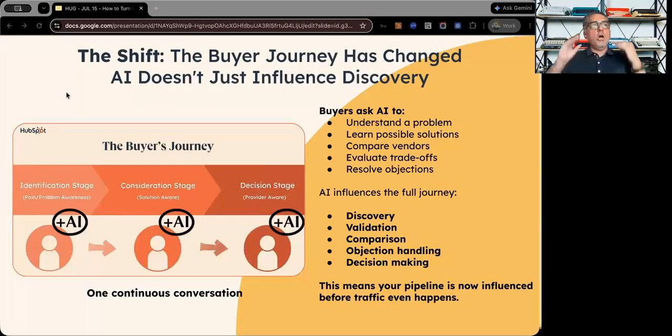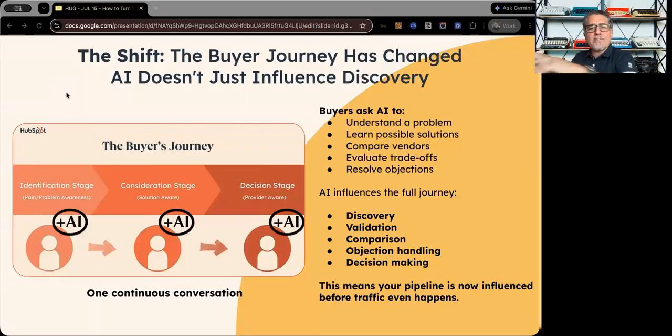Now, if you're only thinking about discovery, you're missing one of the biggest opportunities and the bigger reasons why you should be tracking AI brand visibility, because AI is changing the whole buyer's journey, not just discovery. People might be about to sign a contract and they will go to ChatGPT, Claude, Perplexity, whatever, Gemini, even there, and say, do I really need to work with this company?